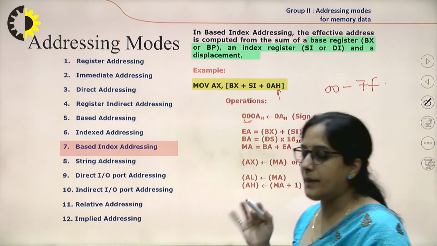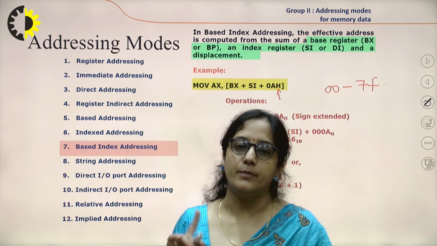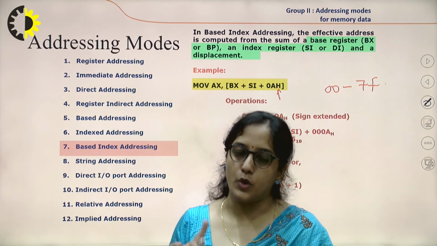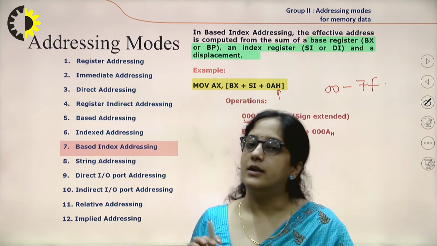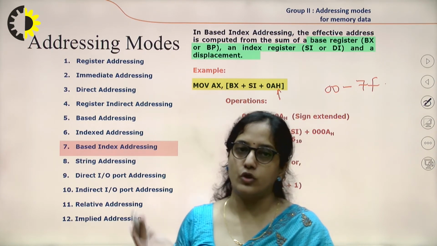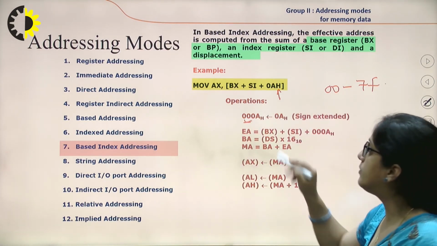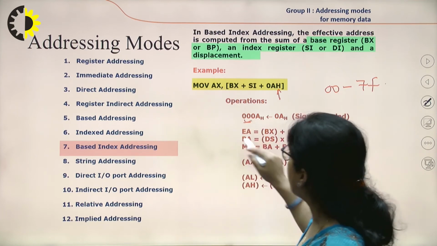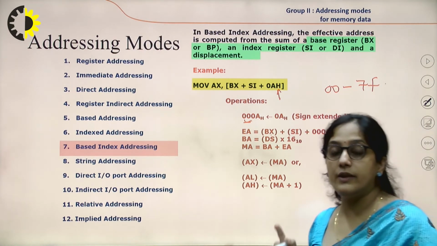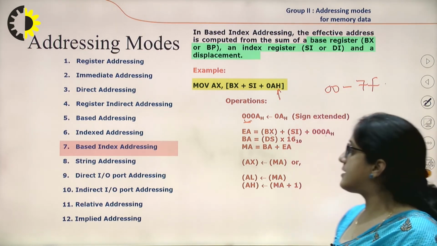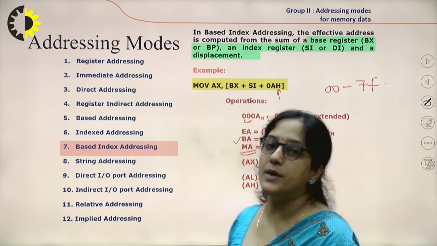In case of a microprocessor, we don't have anything like positive or negative, but the most significant bit will represent it. If it is 0, it represents a positive number, and if the most significant bit of that data is 1, then we represent it as a negative number. So in the previous case, I took FF in this place, and now here I am taking 00 because this is a positive number. The effective address is calculated by adding the values of BX, SI, and 00, and then the effective address is added with the base address to generate a physical address, or you can say the machine address.